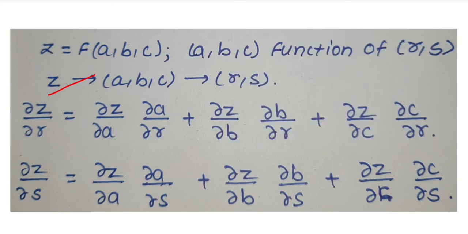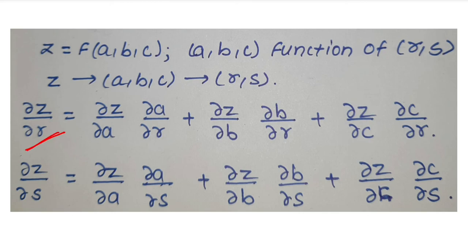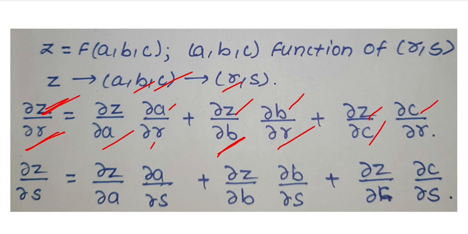Okay, so z depends on a, b, c, which depend on r comma s, that is z is the composite function of r comma s. Then we will write delta z upon delta r is equal to, first we will differentiate this z with respect to a into delta a upon delta r. Then we will differentiate this z with respect to b, that is delta z upon delta b, and again this delta b with respect to r, so delta b upon delta r, plus we will differentiate this z with respect to c, that is delta z upon delta c,